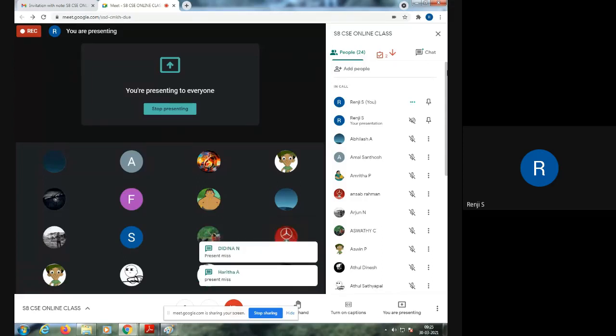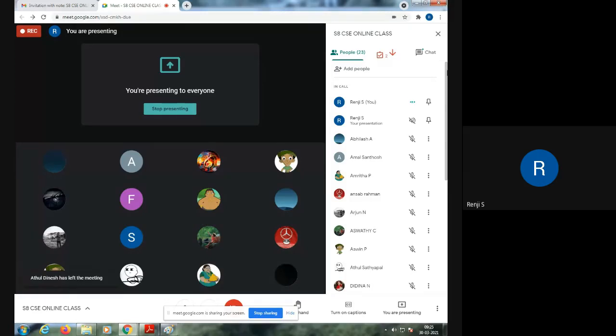Harita. Okay. Amal Santosh. Okay. So absentees: number 9, Atul Dinesh. Then number 17, Mridula. Number 20, Ramesh. And number 22, Sharath PV.